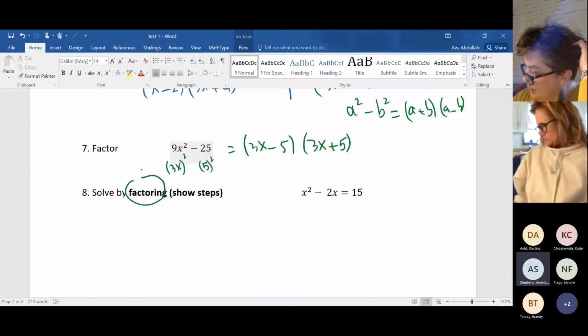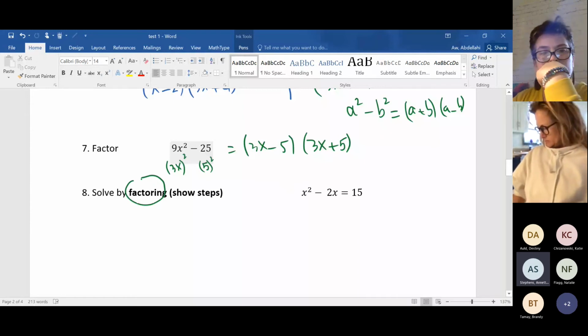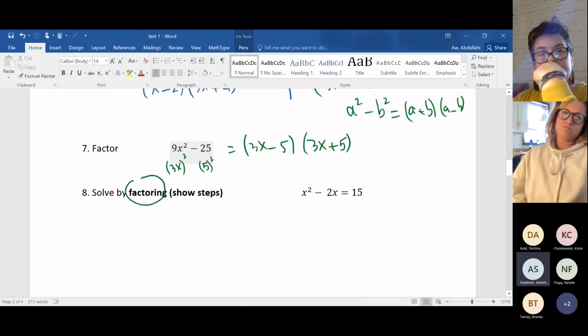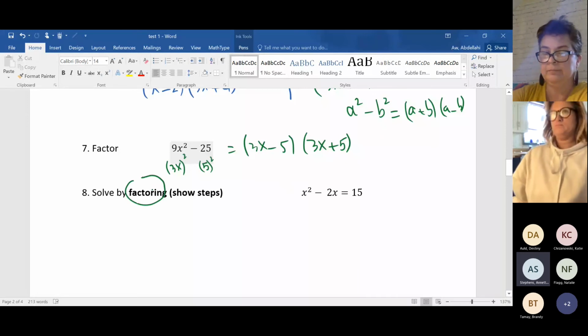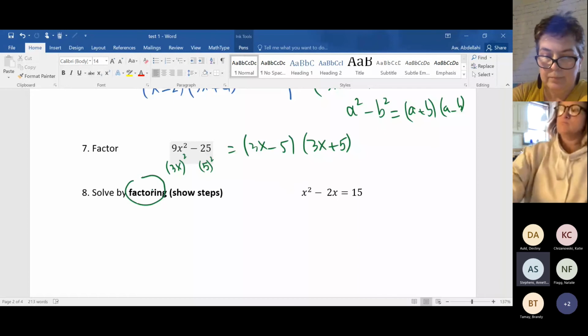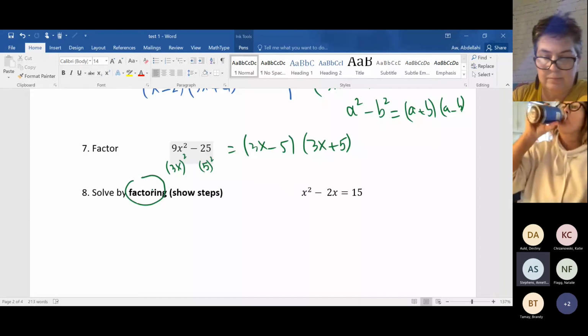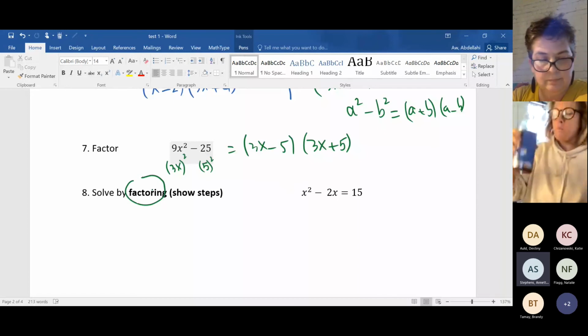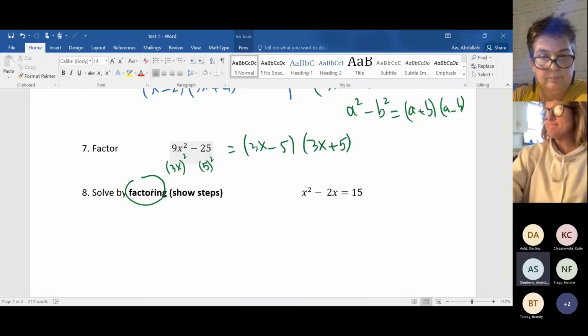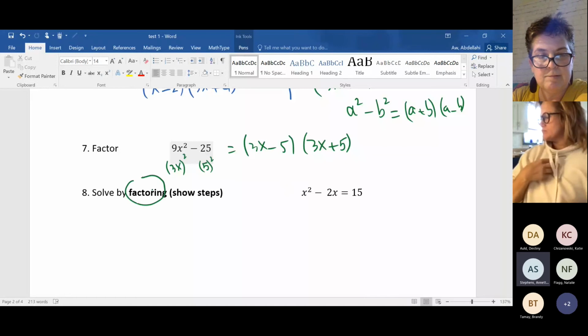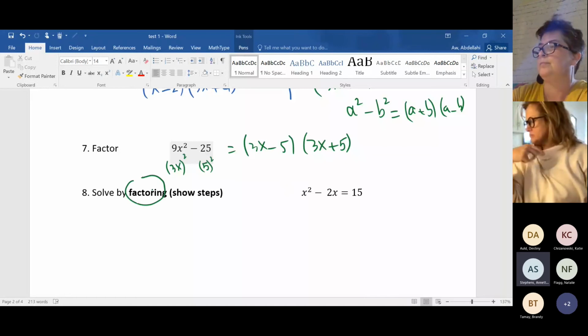You see here, for instance, solve by factoring. You have to read the direction, please. When you say solve by factoring, you have to solve by factoring. If you solve by another way, I will not even look at it. I will not even see if it's right or wrong. Okay? So I would rather do the method and make some mistake, maybe get some extra credit, than do something completely different and get zero. Personally,